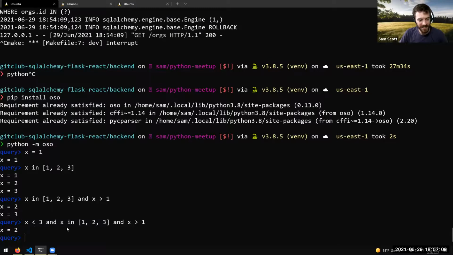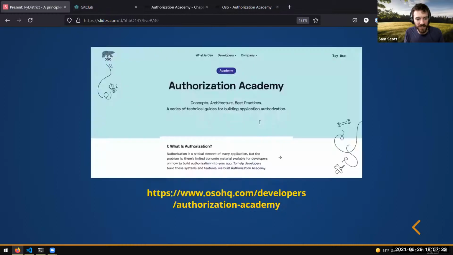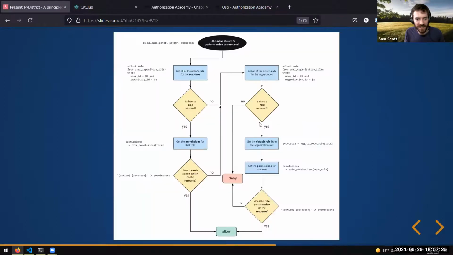Now, the natural question is, why is this good for authorization? The thing is, authorization tends to consist of a lot of branching conditional logic. This is the flowchart I came up with earlier for checking if a user can read a repository.